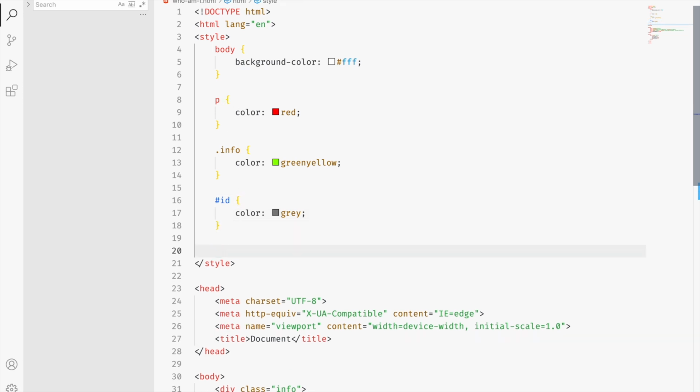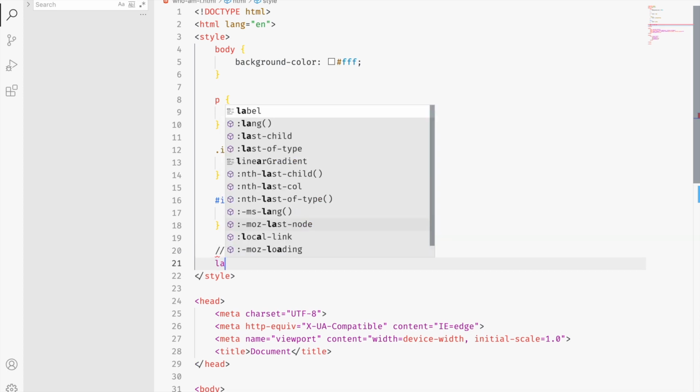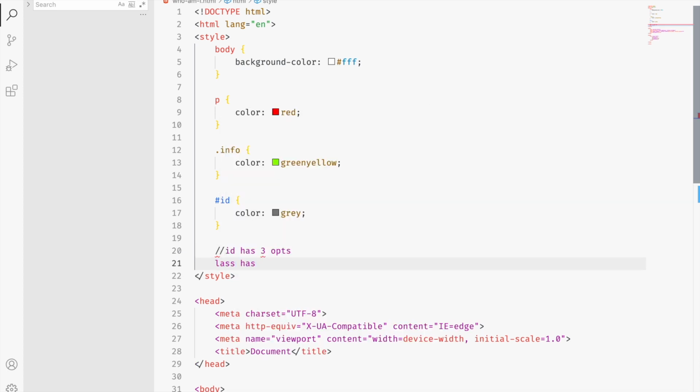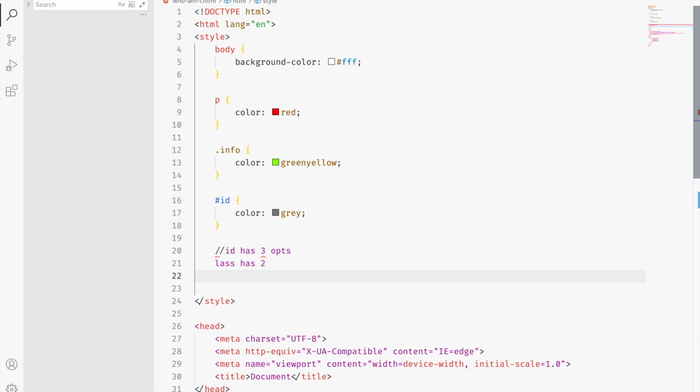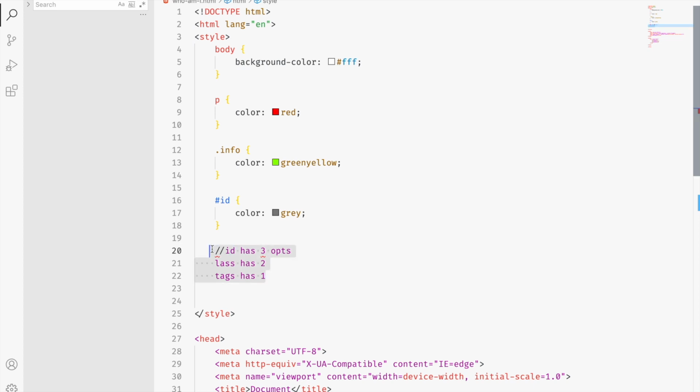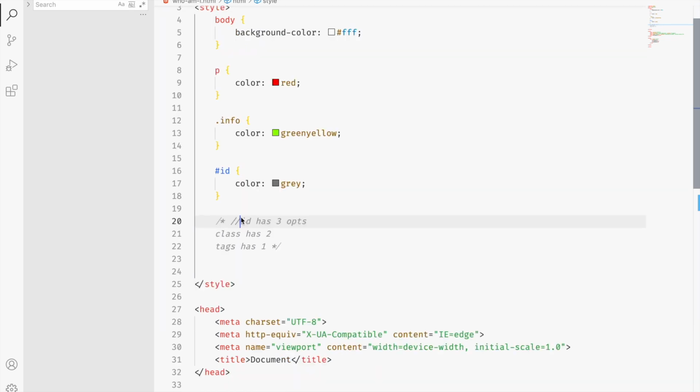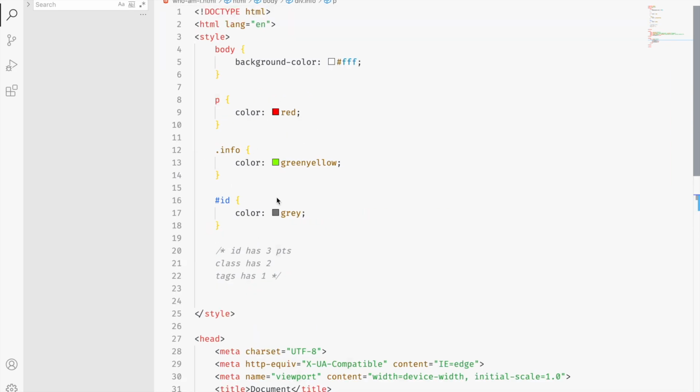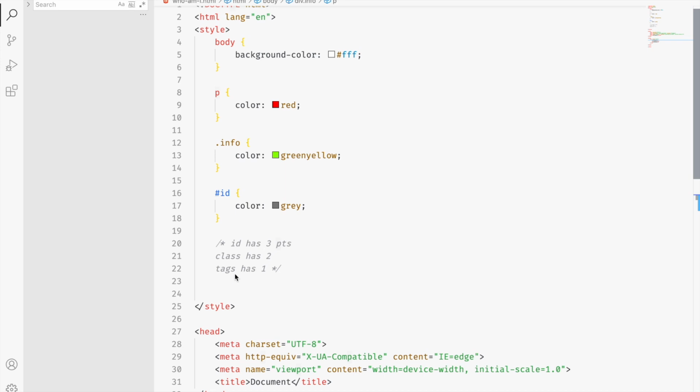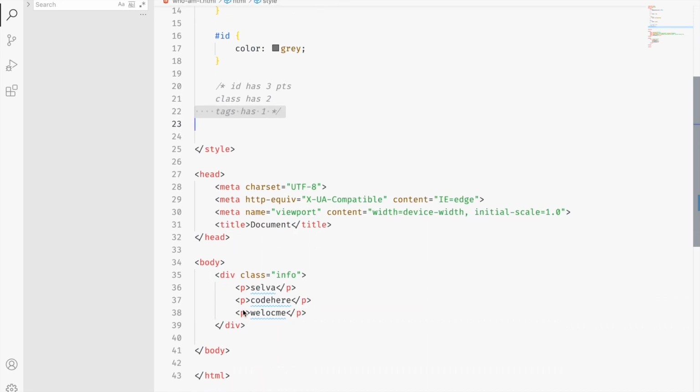Let's say ID has 3 points, class has 2 points, tags has 1 point, right? This is class. Yeah, so now we have some basic idea. Okay, currently the p tag has red color, right? So which has only 1 point. If you want to override, just add a class here,